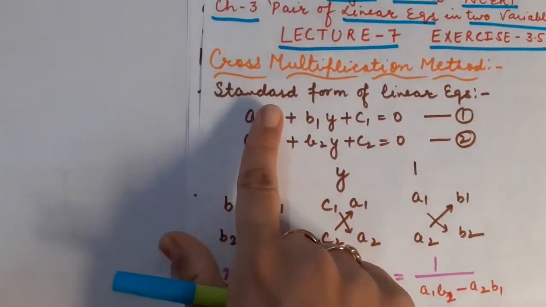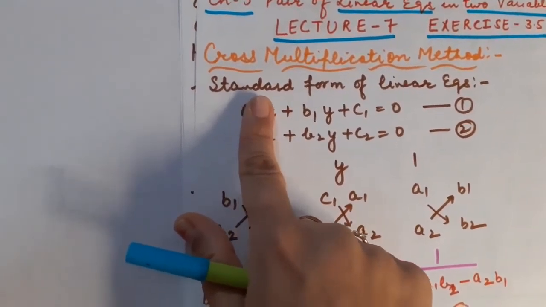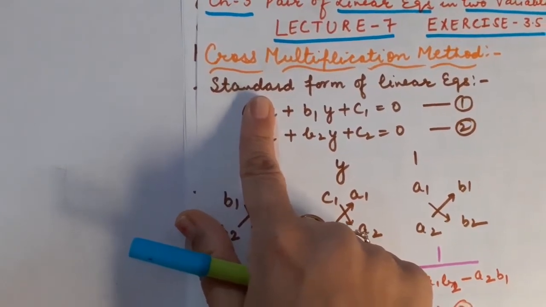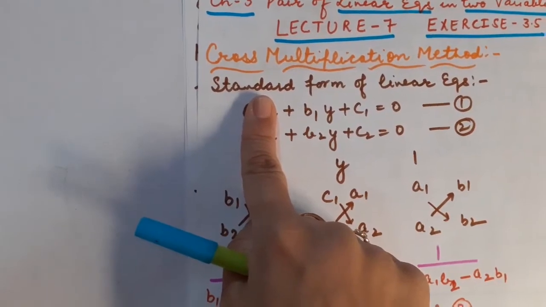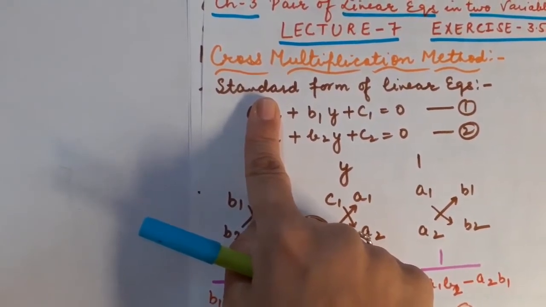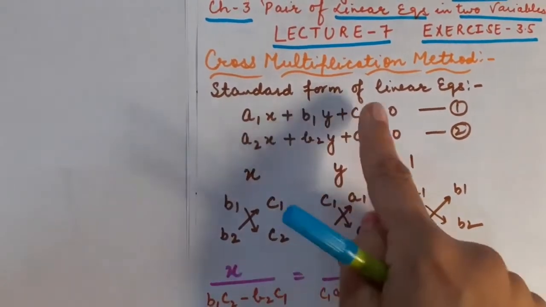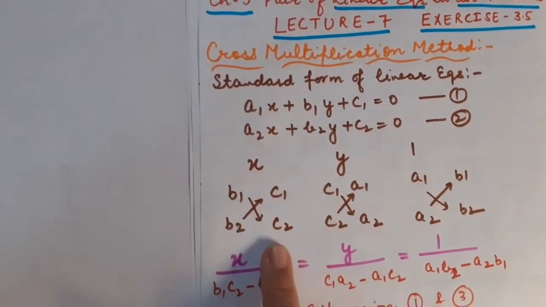Children, here I am going to hide the content, or I should say the numerical coefficients which are attached with x. So what is to be done? For x, you are going to hide the content which is written along with the variable x. Take the rest, like you have to take b1, b2 and c1, c2. Here I have written b1, b2, c1, c2.